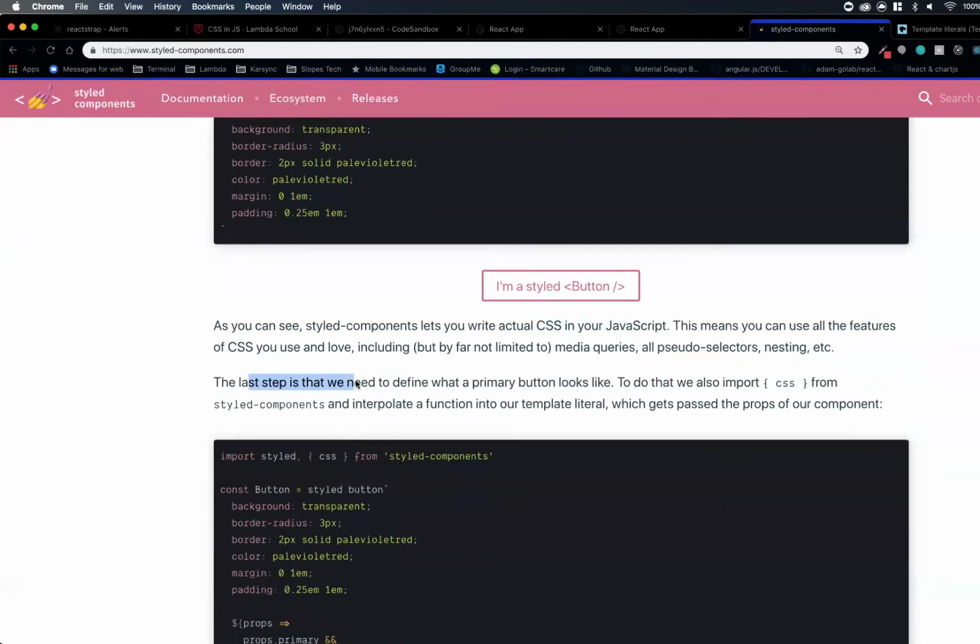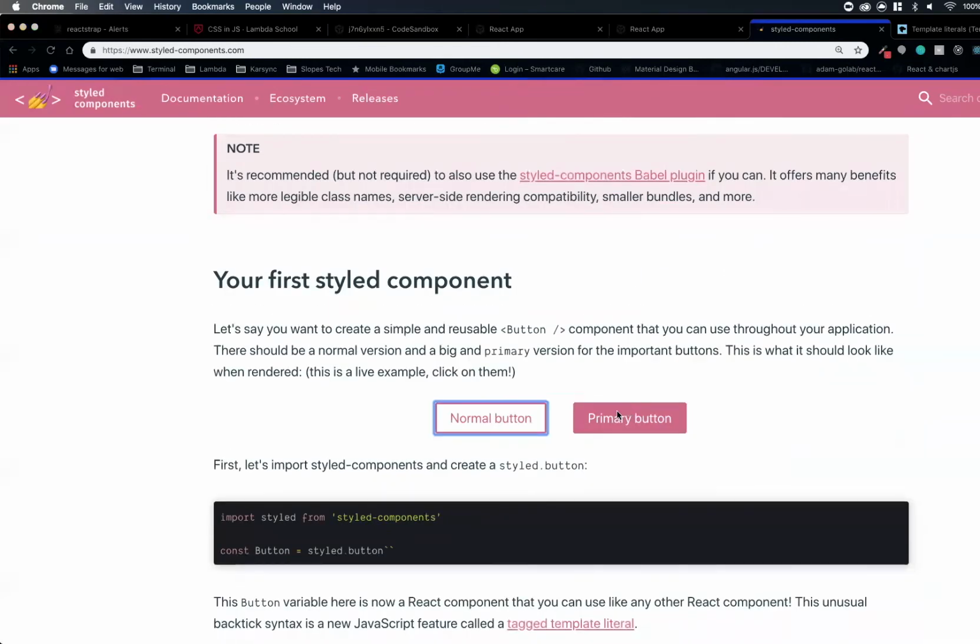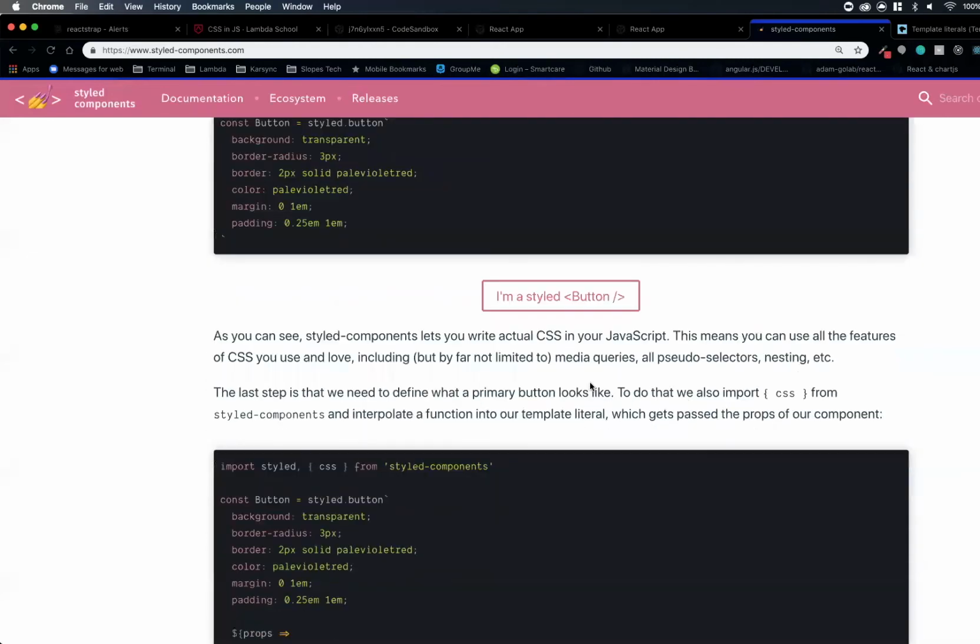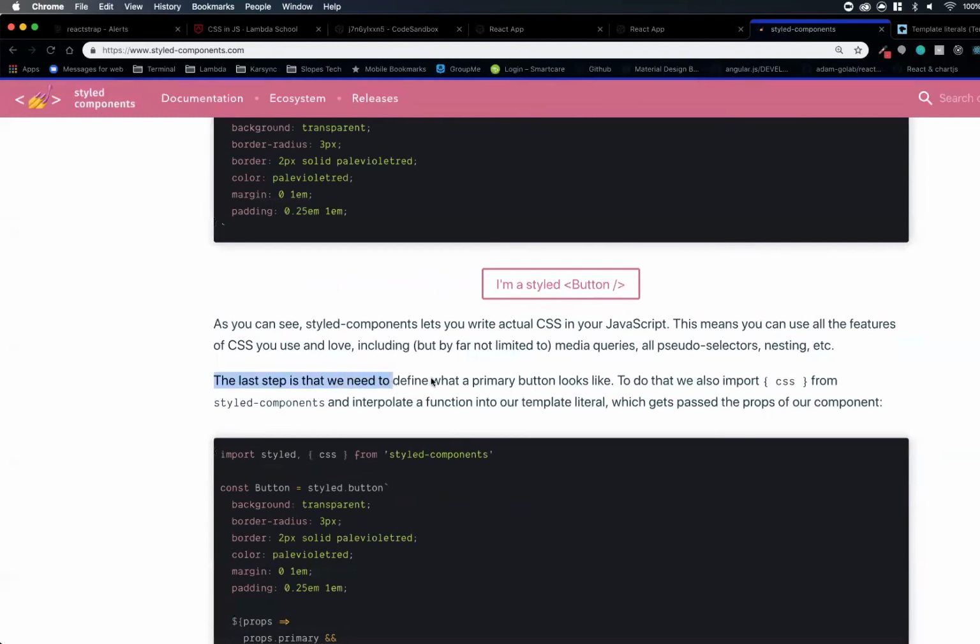So the last step that we need is to define what a primary button looks like. Okay, so we're trying to get to a reusable component that shows this outline that we have right now for a normal button, and then if we pass in primary for important buttons. See, that's what they say here. Primary version for the important buttons. So the last step that we need is to define what a primary button looks like. To do that,